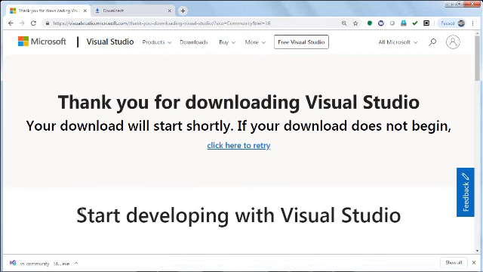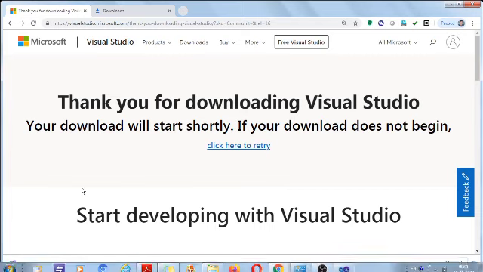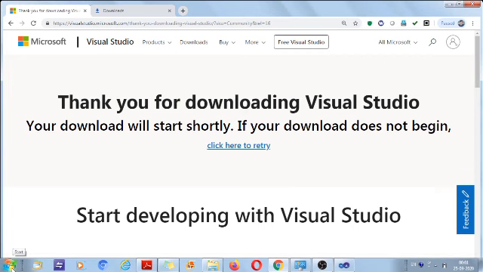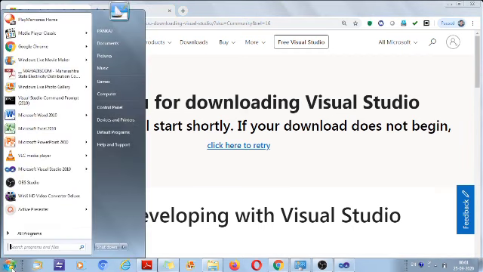Okay, now I am going to exit from here. So after that, if you download it complete, I have already a 2010 Visual Studio, that's why I'm going to there.